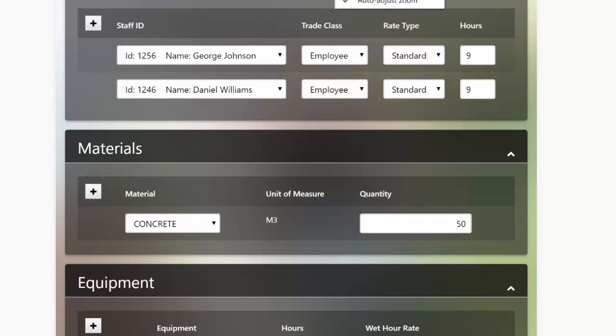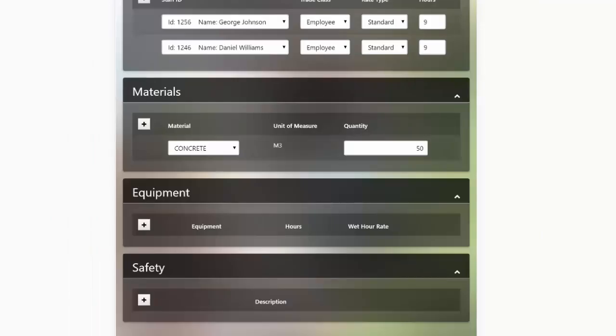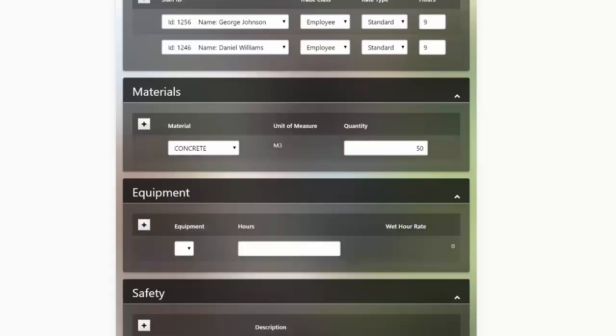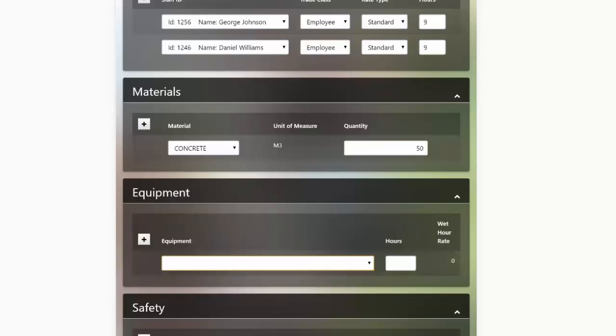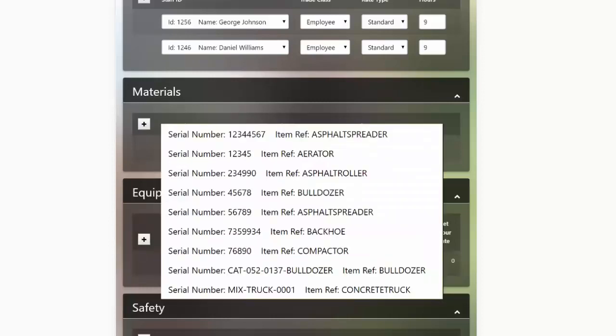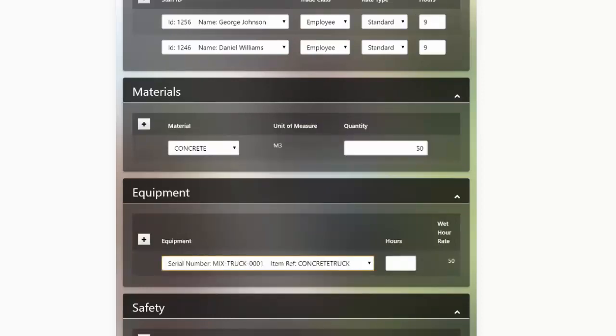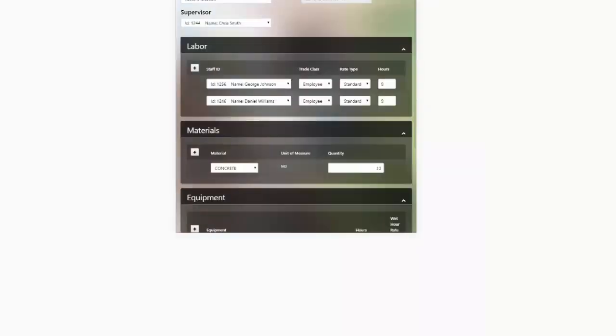Right. I'm gonna zoom out just a little bit on this. So we can also see that we have our equipment here as well. This will pull in our wet hour rate, just basic information about what we have. Since we have concrete, we'll go ahead and put our mix truck, give it 9 hours, the same as our,